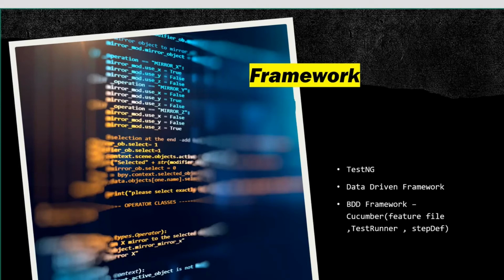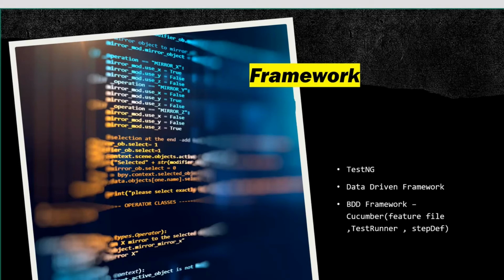Once that is done, we will move ahead with the BDD framework. So what is BDD? Have you heard the term TDD? BDD is an extension of TDD. What is TDD? Test driven development. When developers do their development, in most places they should use the TDD approach.